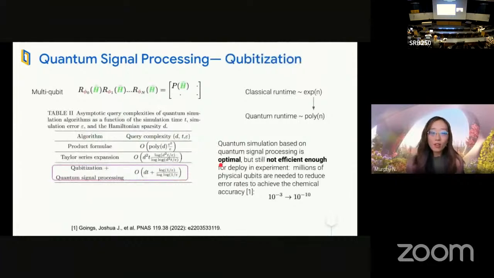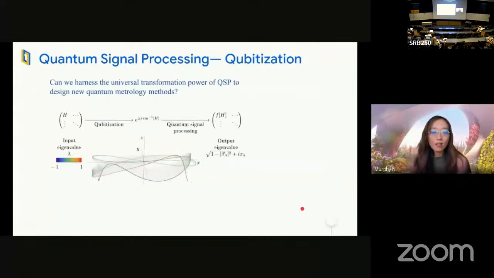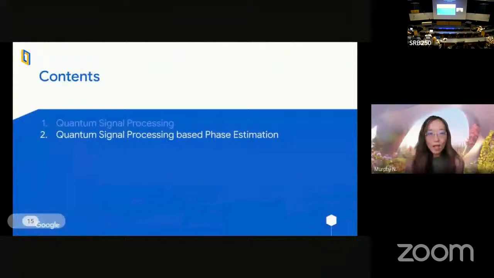In fact, quantum signal processing and qubitization-based simulation is one of the most optimal in regard to query complexity among all the existing quantum simulation algorithms. But it is not yet really optimal or efficient enough for deployment in real systems, because the error rate for simulation needs to be around chemistry accuracy, 10 to the minus 10, which definitely requires fault tolerance. So we're asking the question of whether we can harness this universal transformation power to design a new type of quantum metrology algorithm. And so that leads me